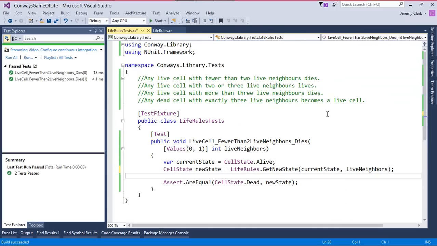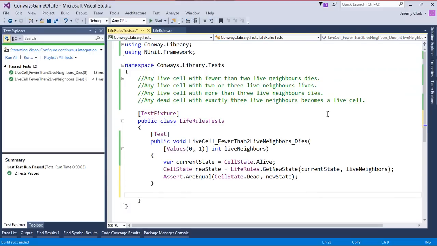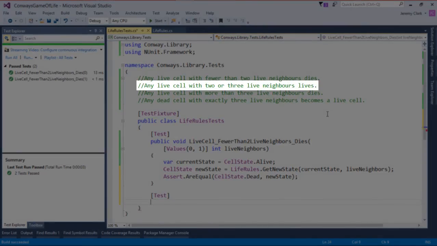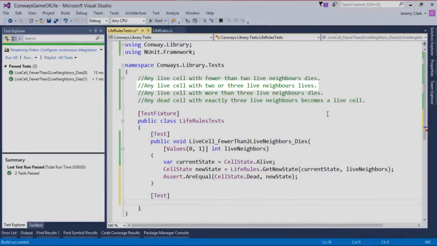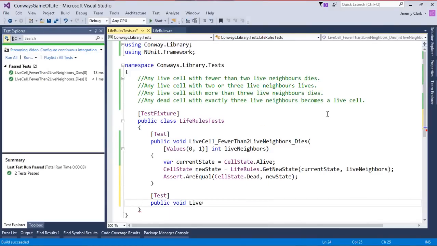So we have a pretty good start here. Let's go ahead and move on to our second rule. And our second rule says any live cell with 2 or 3 live neighbors lives. So public void live cell 2 or 3 live neighbors,